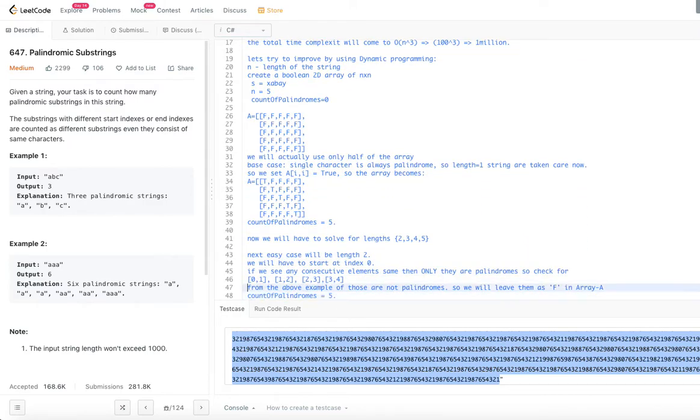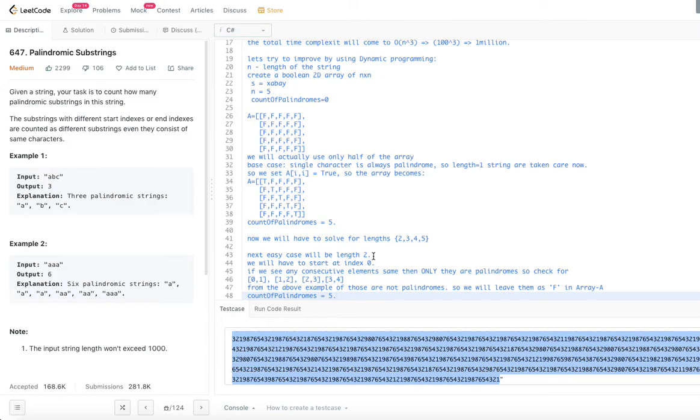substrings of length 2. Now what we are going to see is, as long as the characters at those positions are the same, the 0th and 1st character, the 1st and 2nd character, the 2nd, 3rd, 4th. In the given string, XA, AB, BA, AY, they are not the same. So for length 2, we don't have any palindromes. That's why we don't convert any of these falses to true. So we leave them as they are, and our count of palindromes is still 5. That is what we have calculated so far.